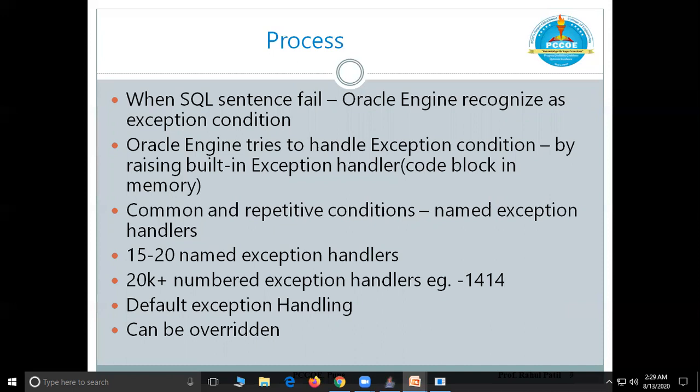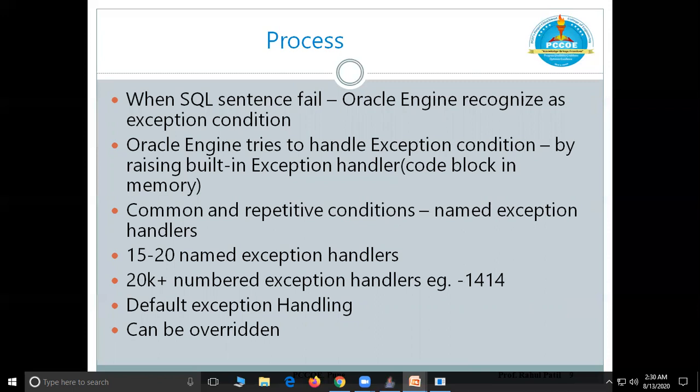Once it is recognized as an exception, Oracle Engine has the confirmation that this is a problematic situation, an error has occurred. So immediately Oracle Engine takes certain decisions. It is already written into its memory that if this kind of error occurs, this is the action you should take. And that particular action for this error is called an exception handler.